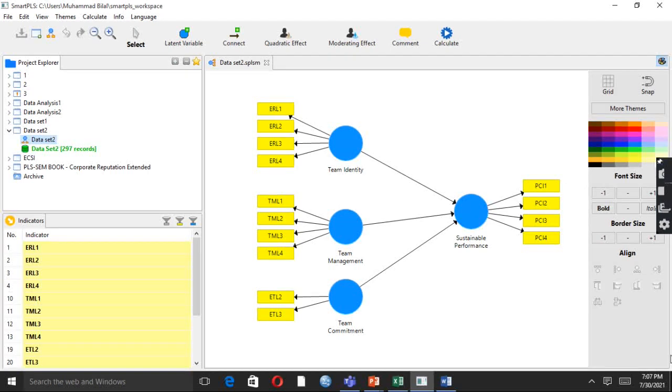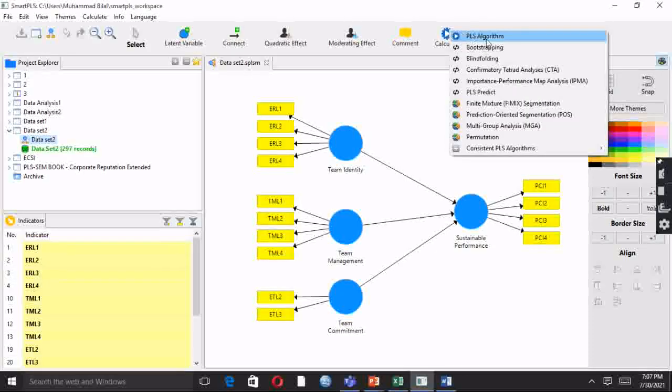Team identity, team management and team commitment are our independent variables, and sustainable performance is our dependent variable. Team identity has 4 items, team management has 4 items, team commitment has 2 items, and sustainable performance has 4 items.